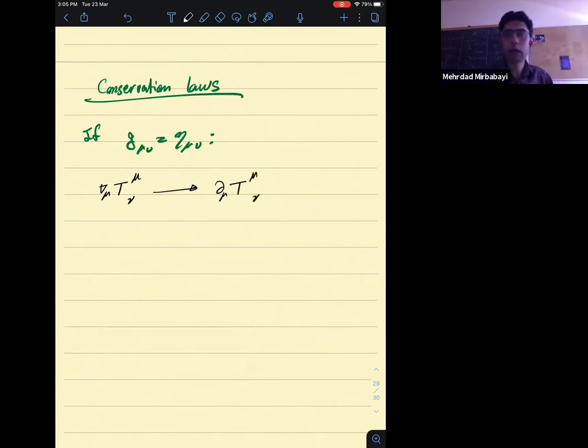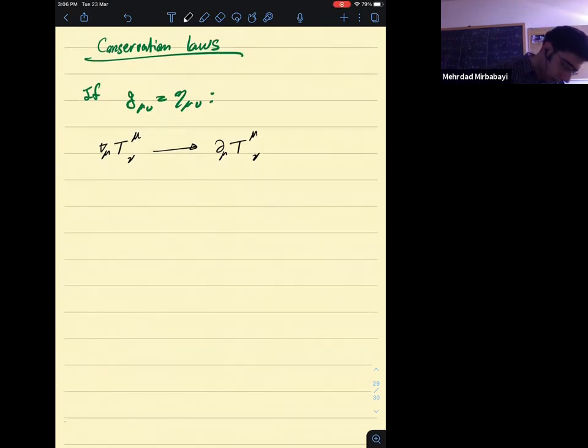And we know that when we have ordinary conservation, from that we can derive conserved charges in general. Or in this case, we can derive conserved energy and momentum. How do we do that? We can define